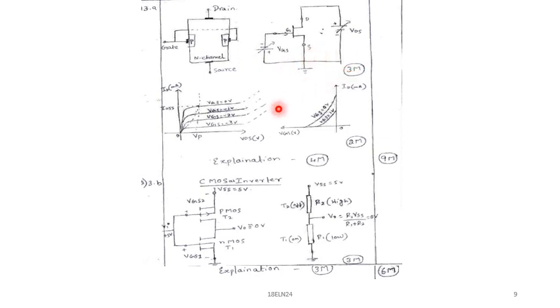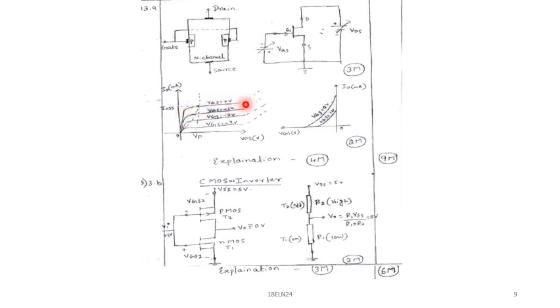The diagram. Then we have to mention the drain characteristics and transfer characteristics. So this is about drain characteristics or output characteristics. Then we have to mention the transfer characteristics. So for that it is 2 marks, the characteristics. Then you have to give the explanation about the working. What happens when VGS is equal to 0 and VDS is varying? What happens when VGS is less than 0 and VDS is varying? You have to mention that. So this is the characteristics here.